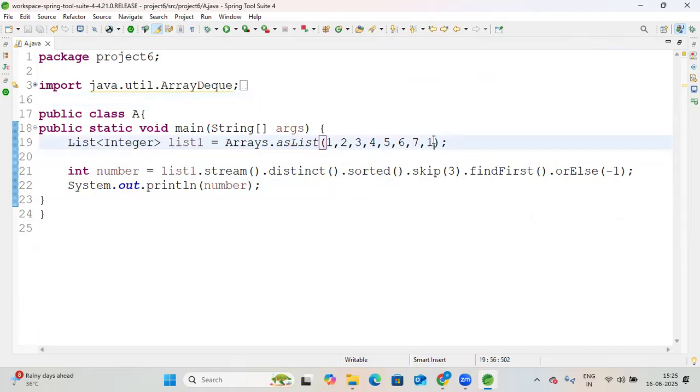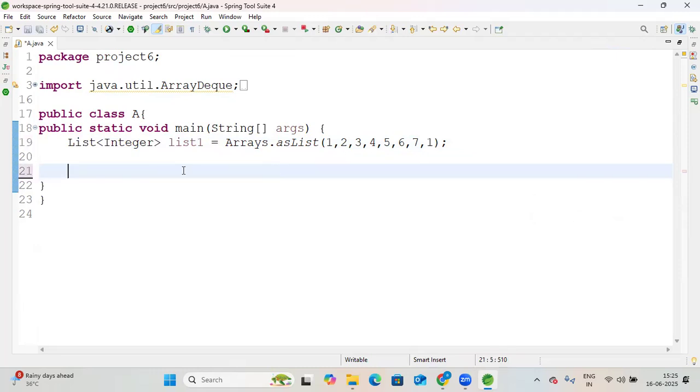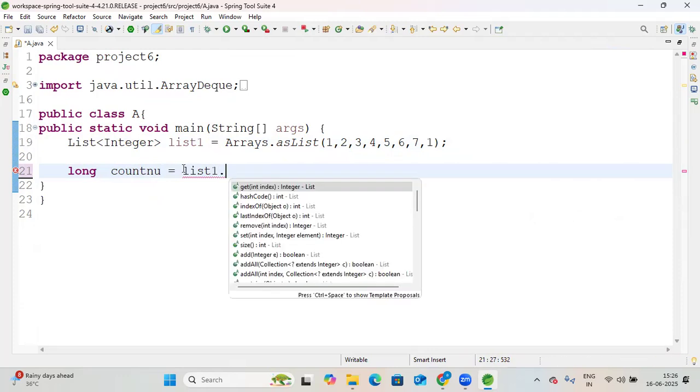Okay, one more thing I want to show you. If you want to count the data, count this list. To count the list, you write count as long, because after counting the number will be long, so you will use long. Long count num equal to list one dot